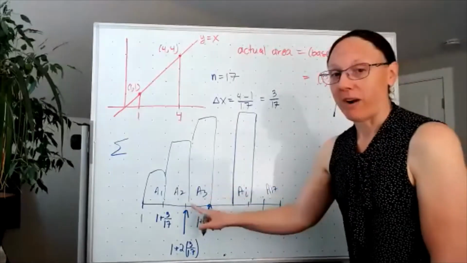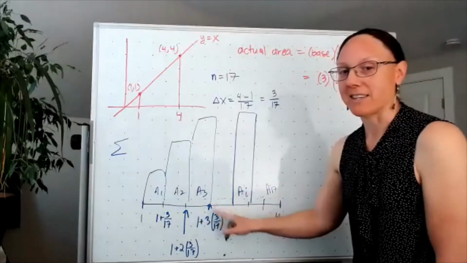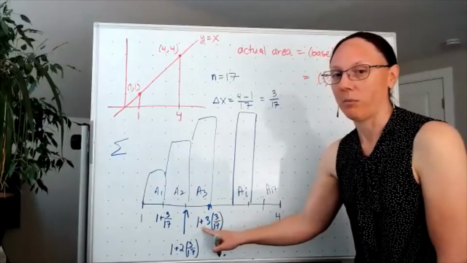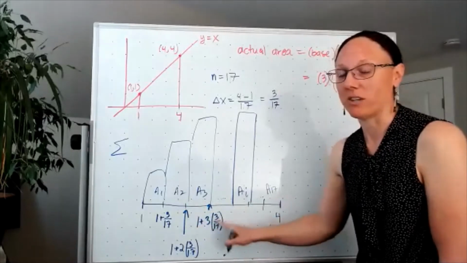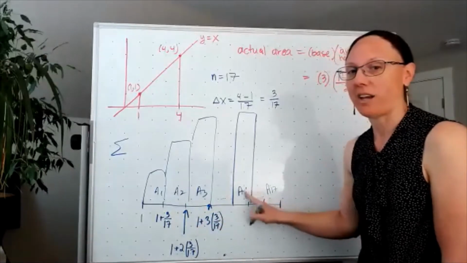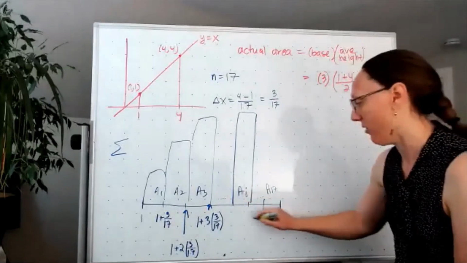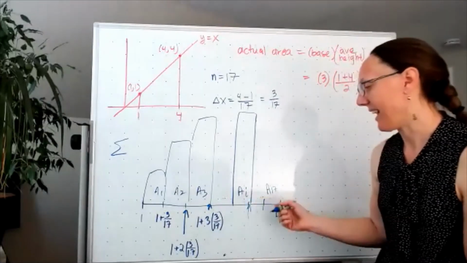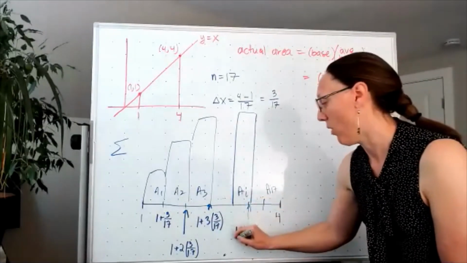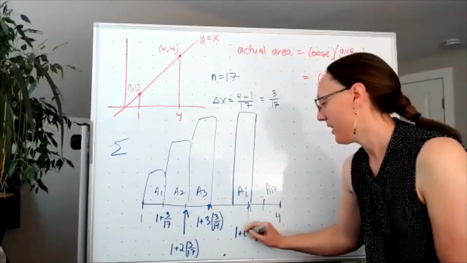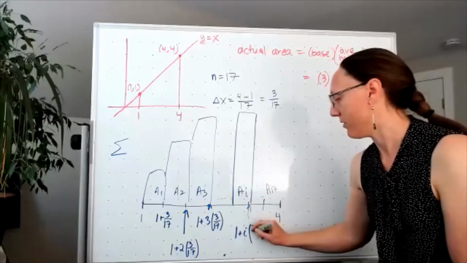So for my third rectangle, the right-hand side looked like 1 plus moving 3 of the 3/17. So when I get out here to the ith rectangle, my right-hand side x value is going to look like 1 plus i of the